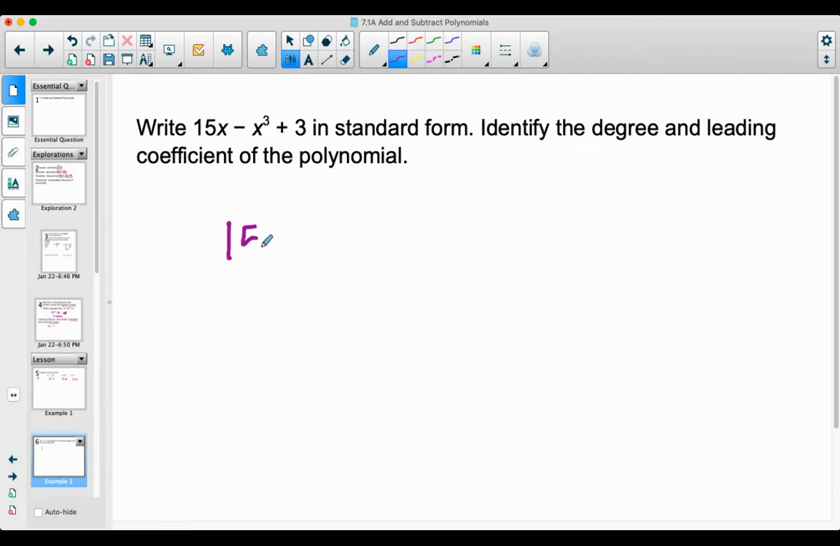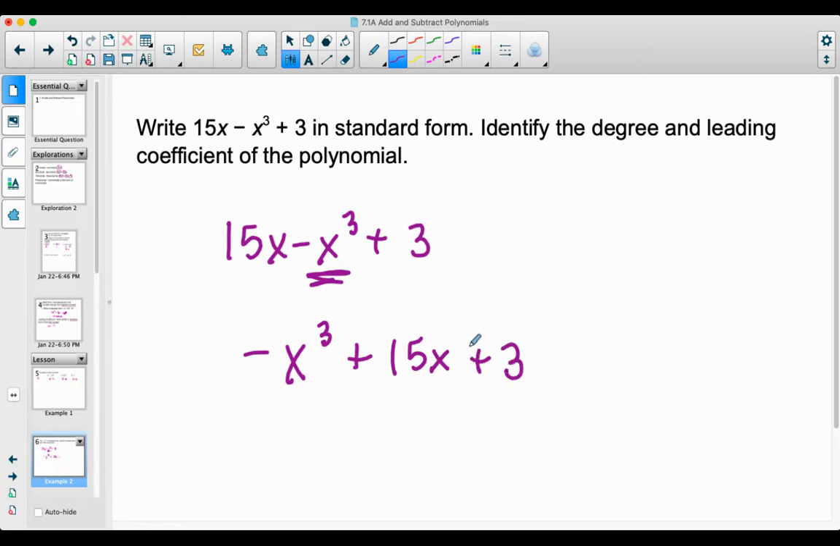Okay, so we have 15x minus x to the third plus 3. So my highest exponent is this term right here. So I have negative x to the third plus 15x plus 3. Notice my exponents go from high to low. And so that's our standard form. My degree, this term has a degree of 3, this term has a degree of 1, and this term has a degree of 0. So my degree is 3 because 3 is the highest. And then my leading coefficient